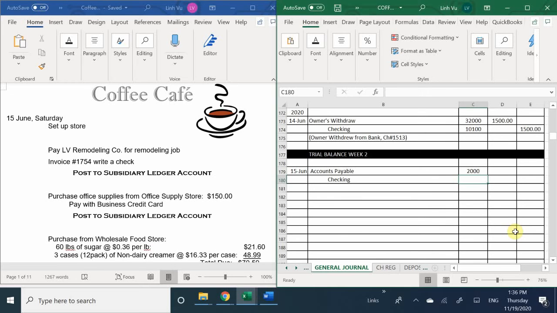Well, we have to refer back to the invoice, right? Because I don't know how much the check is for. And where do we find that? Okay, so now we can look in